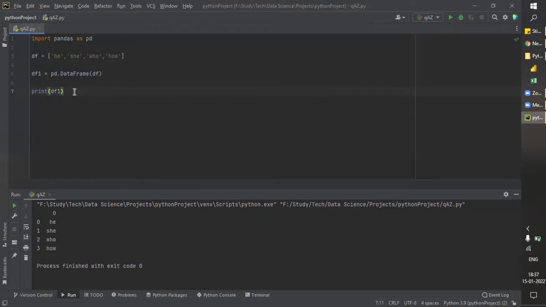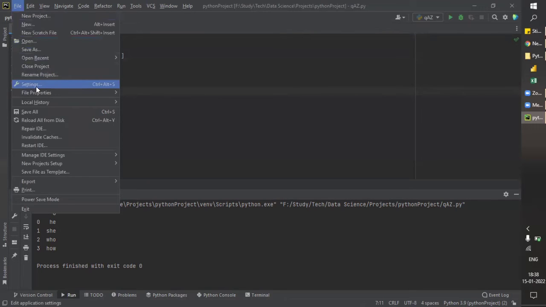In the starting, you had told one thing, like how to import the module. Can you tell me that again? Simple, like for pandas. So you're talking about installing pandas? Yes, installing. So just go to the file, then settings,